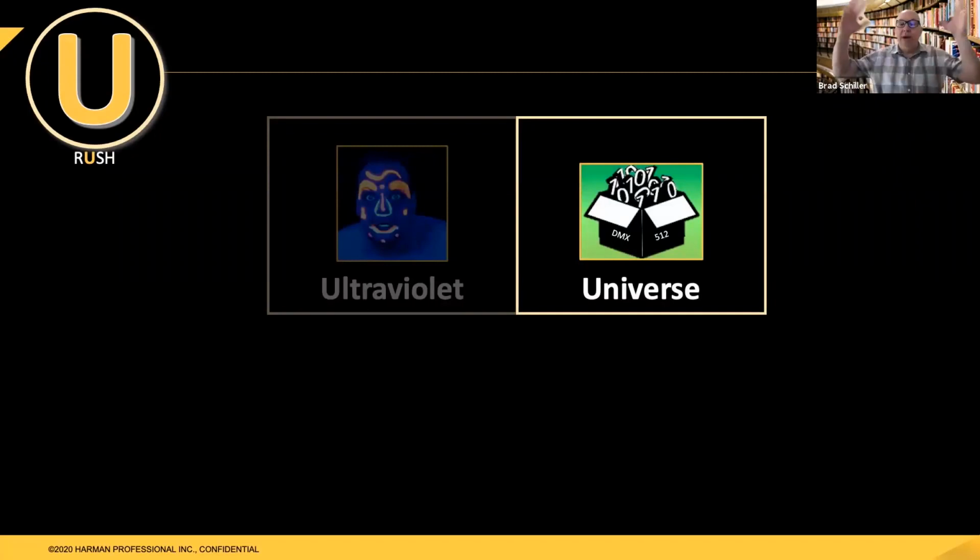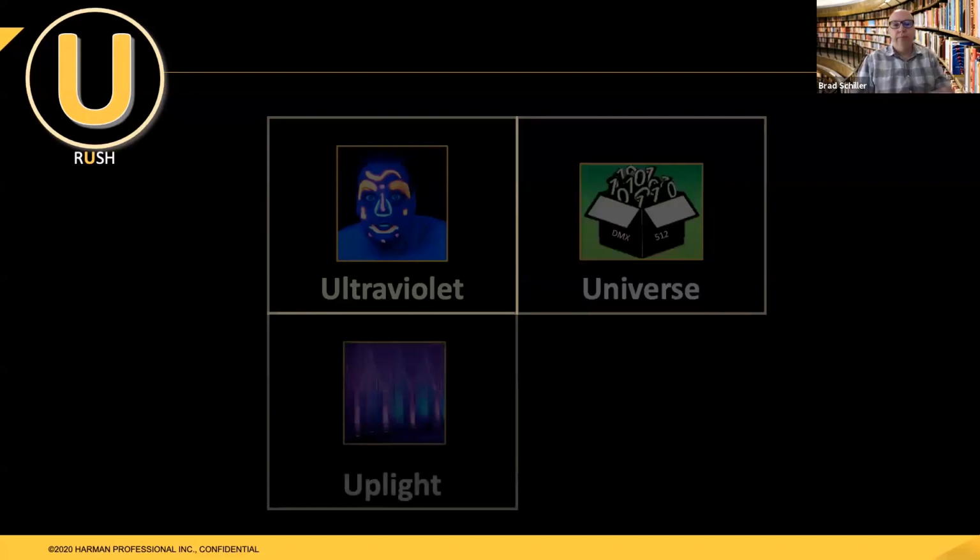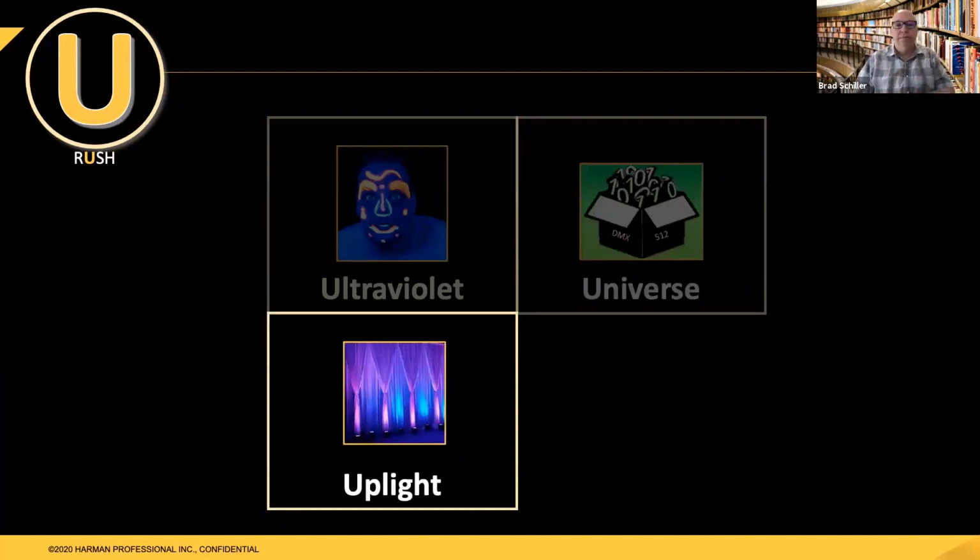Universe, the whole mighty universe is where we live, but what we're talking about here is the collection of 512 DMX channels. One universe holds 512 DMX channels, and that's how it was defined originally, and typically a universe would be one run of cable as well. We break down 512 channels of DMX into a universe. Maybe someday we'll have something where it's just one big giant universe, but you typically will have multiple universes on a show coming from your lighting desk to your various fixtures.